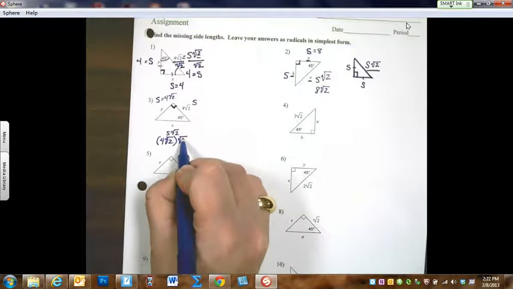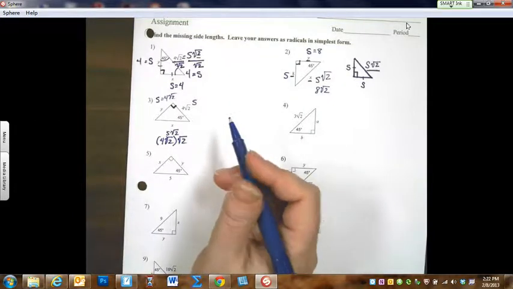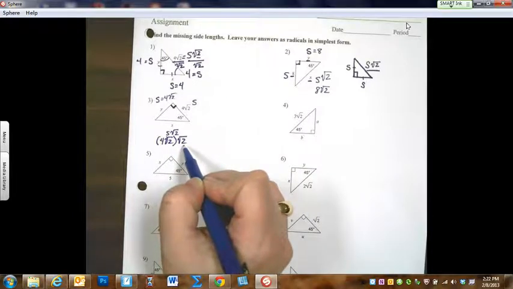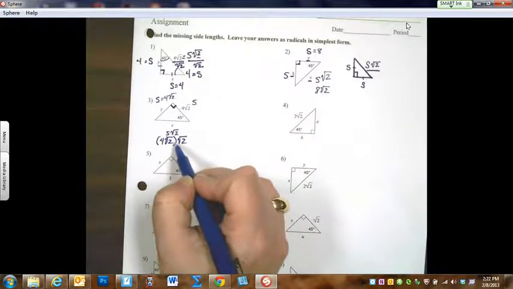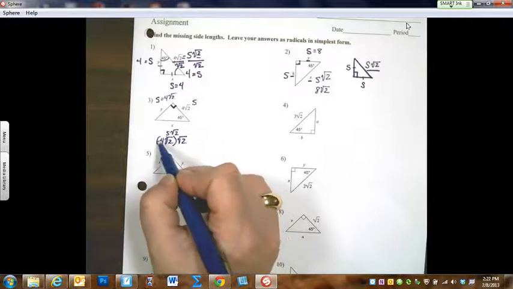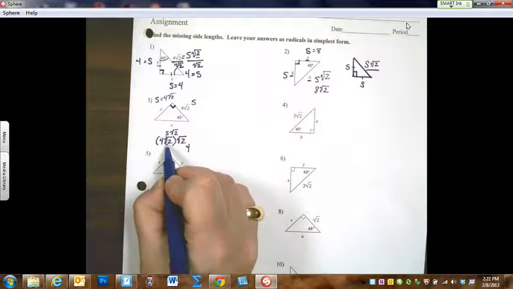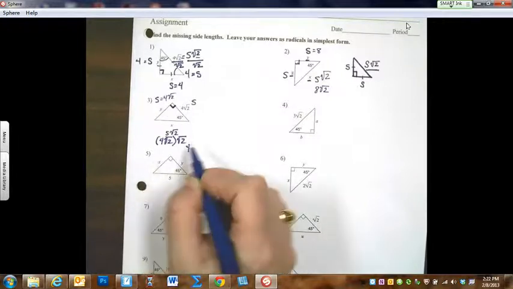Then I'm going to multiply that by root 2. Those of you that can't remember, the radicals are multiplied together. There's a number 1 in front of that radical. Well, 4 times that invisible 1 is going to give me 4. And the radical of 2, or the root 2 times root 2, is the root